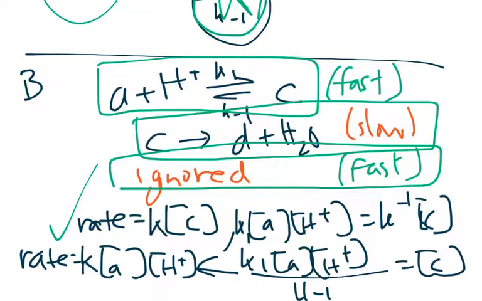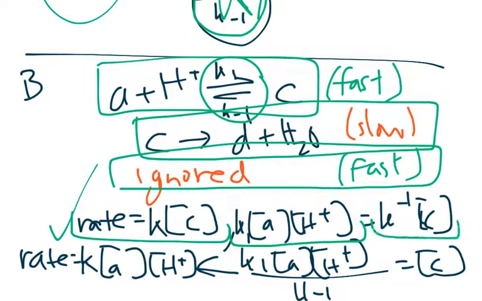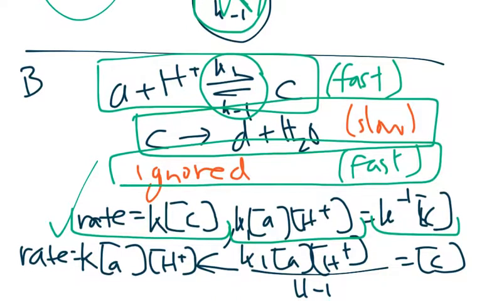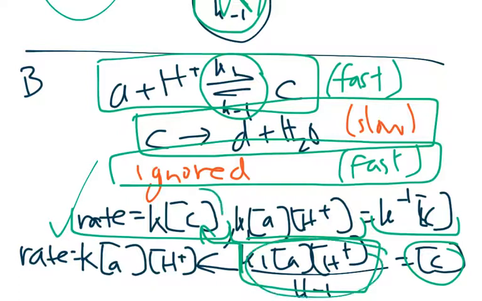So the rate law was just K times C, but we knew that based on this equilibrium, the rate law of the forward reaction is equal to the rate law of the backward reaction, and moving things around, we get that C is equal to all this. We substituted that into our C over here, because this is equal to this, so we could plug it in here, and condensing all the K's into just a K,